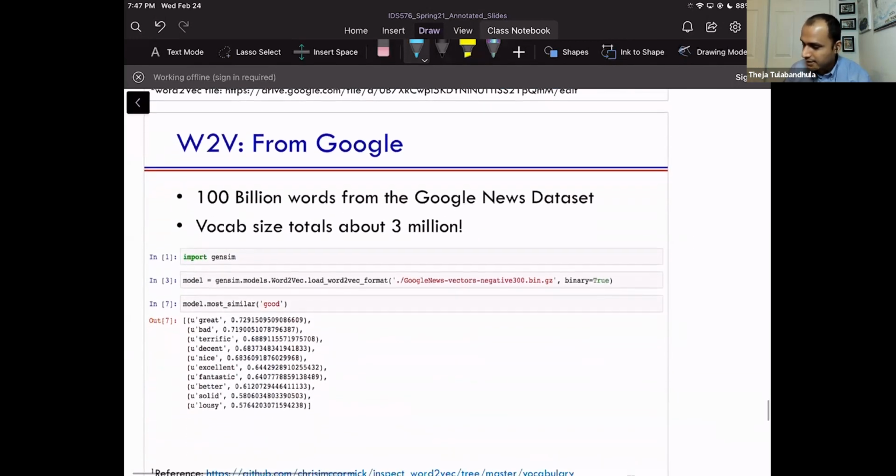And as I said, Gensim has the ability to load these. Okay, so I think you have to download the vectors themselves. And once you have the downloaded vectors, which are a few gigs in size, then you can just get similar vectors to a keyword and things like that. Okay. And you can go back to that t-SNE example that's listed in the chat to also see how to do this.